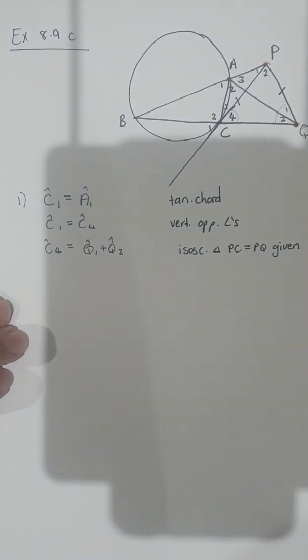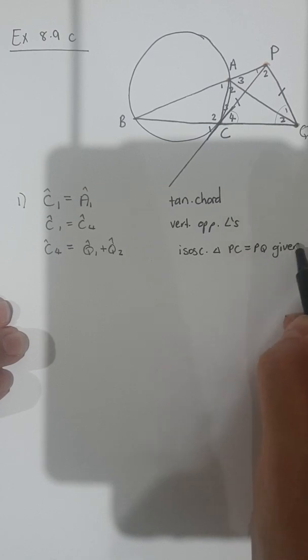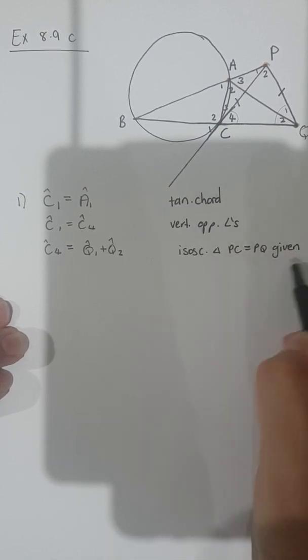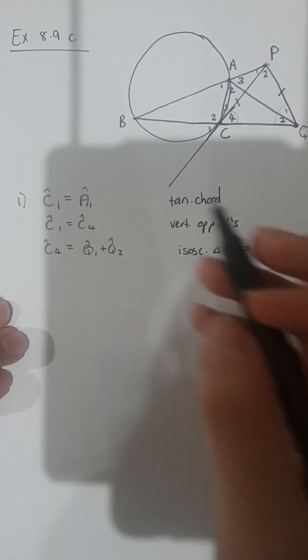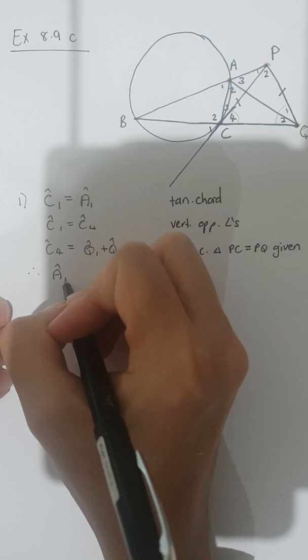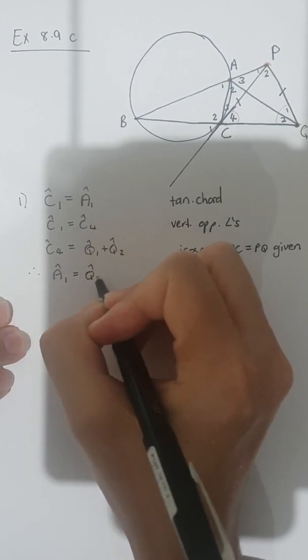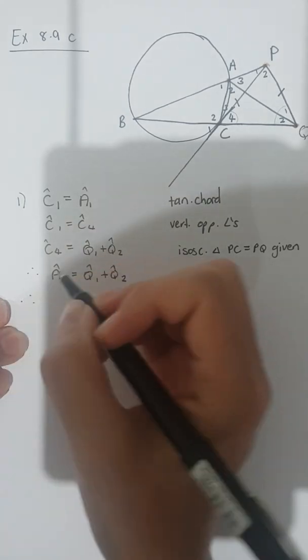Now, I never use isosceles triangle without stating what is equal and why it's equal. This is actually 2 reasons in one for me, so I write it like that. There, I've now proven that A1 is equal to Q1 plus Q2, and therefore